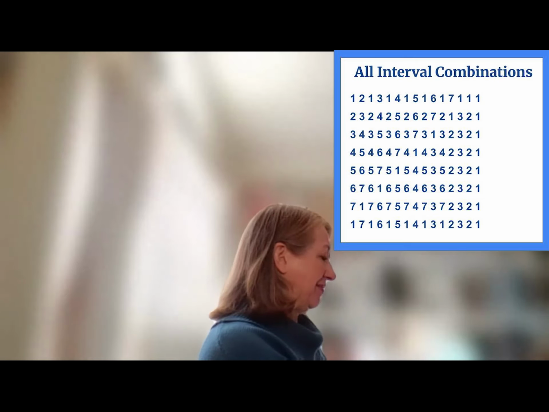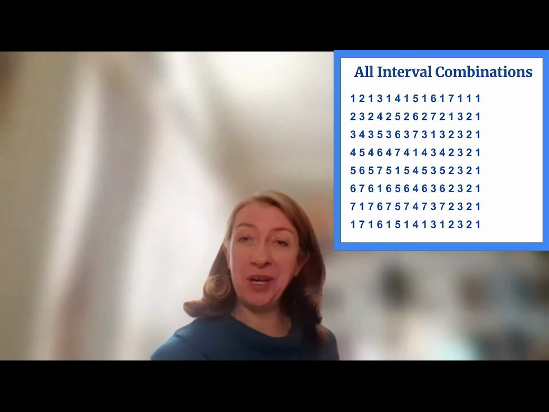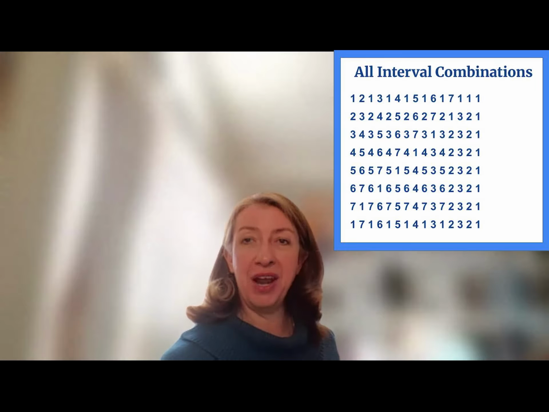We'll stay in that key and we will run all of our interval combinations. Here's tonic. Here we go. 3, 4. Do, re, do, mi, do, fa, do, sol, do, la, do, ti, do, re, mi, re, fa, re, sol, re, la, re, ti, re, do, mi, re, do, mi, fa, mi, sol, mi, la, mi, ti, mi, do, mi, re,